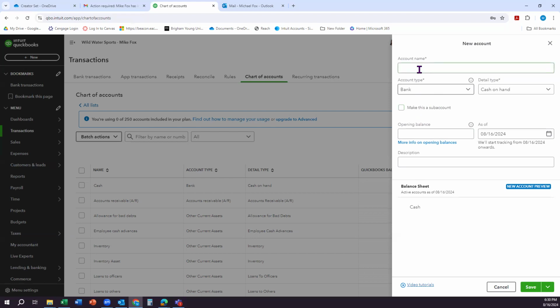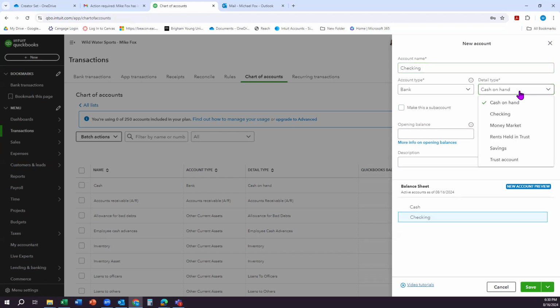For our account name, we're going to type checking, and then for our detail type, that's what the textbook calls tax form selection. So again, a little change here. Our opening balance,